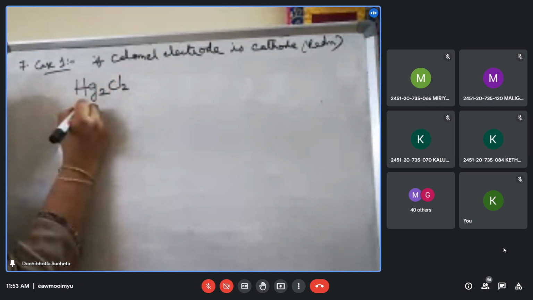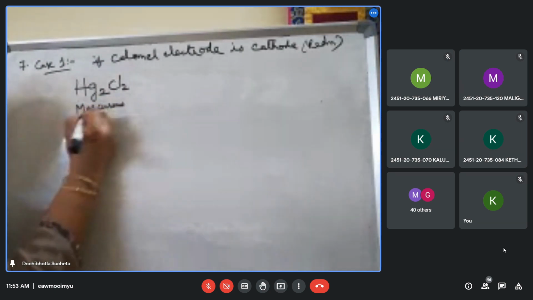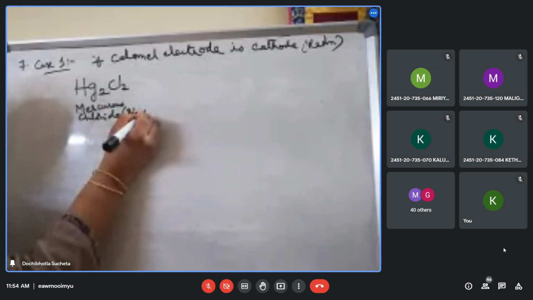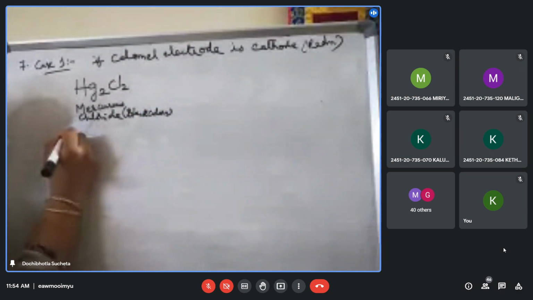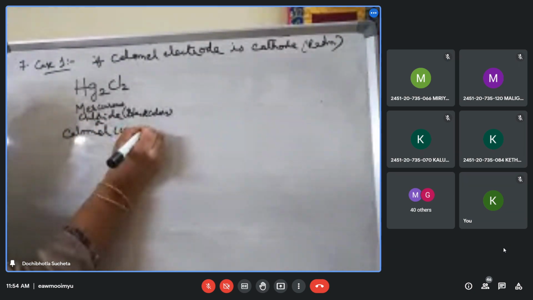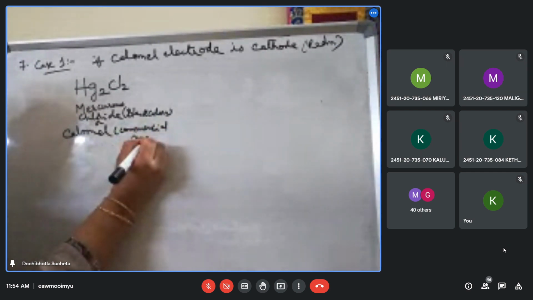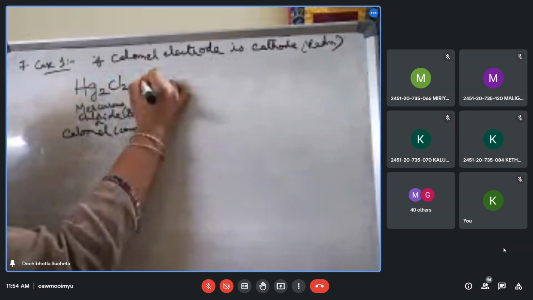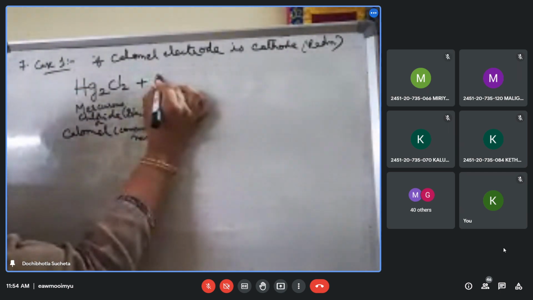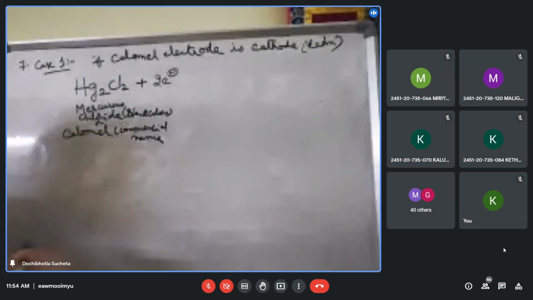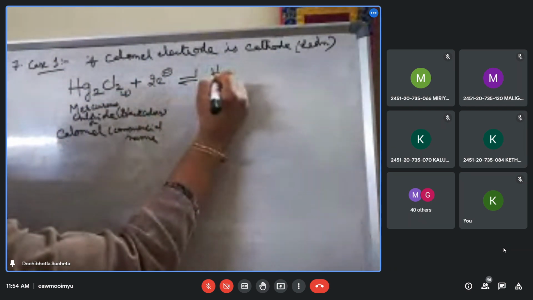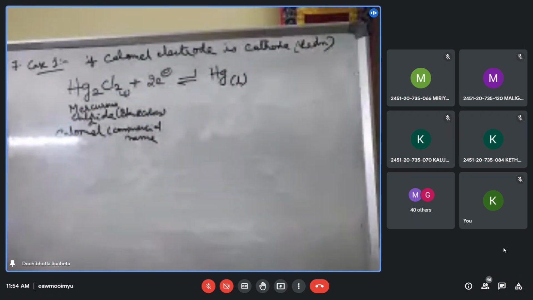Hg2Cl2. It is called mercurous chloride, black in color, commercially called calomel. Hg2Cl2. What's the oxidation state of mercury? Cl is minus, so what's the oxidation state of mercury? Hg plus. It's a dimer actually. It takes 2 electrons, double arrow. Is it solid or liquid? It's a solid. It will form Hg liquid